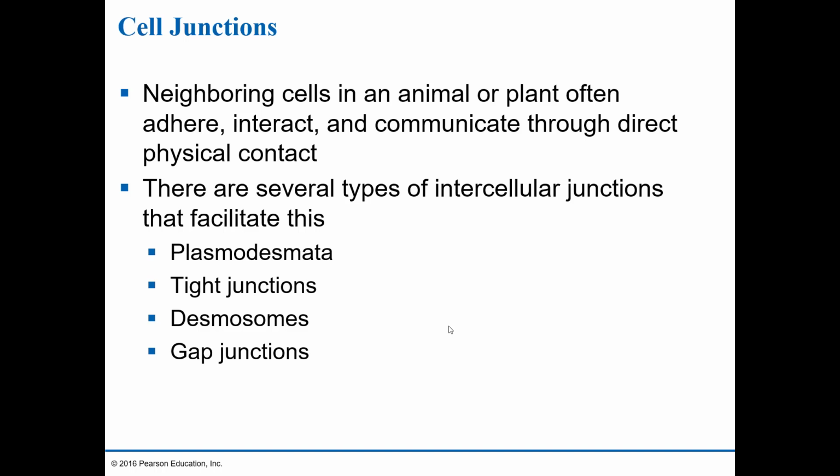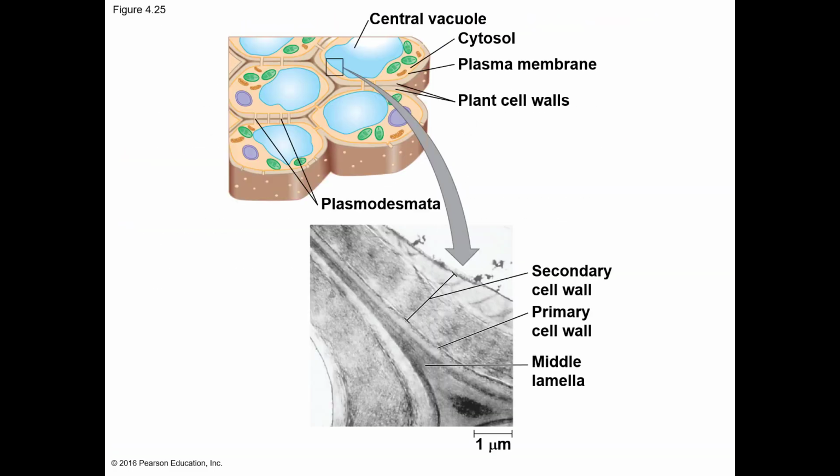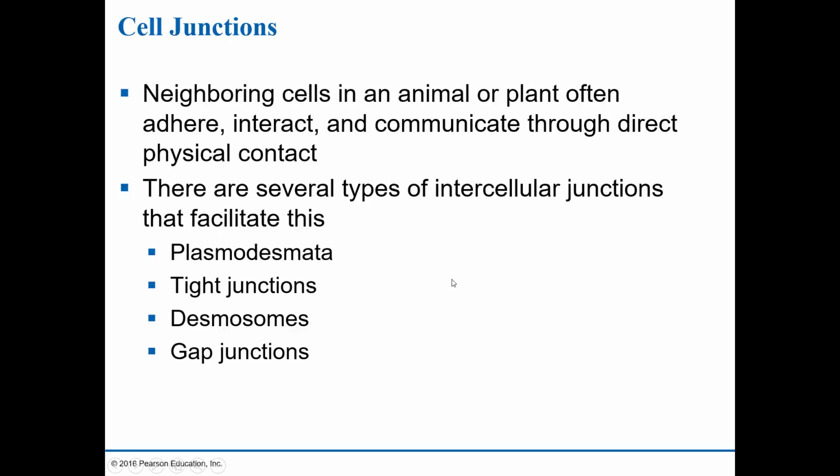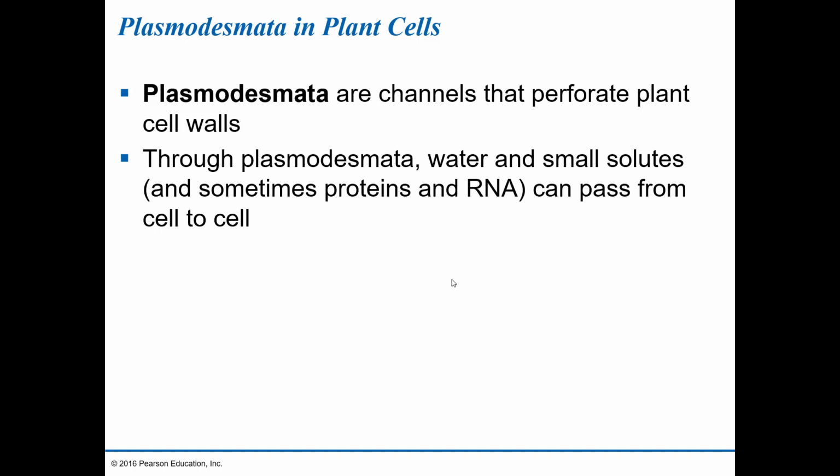So I said that those cells have to have a way to communicate with each other, right? Either through direct physical contact, or otherwise. Since they're touching, there are several ways, called an intercellular junction or a cell junction, that allow them to communicate between one another. One is the plasmodesmata. That's what we saw here in the plant cell, just the channels. Then you have tight junctions, desmosomes, and gap junctions. So plasmodesmata are the channels,